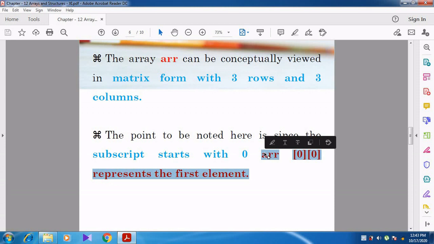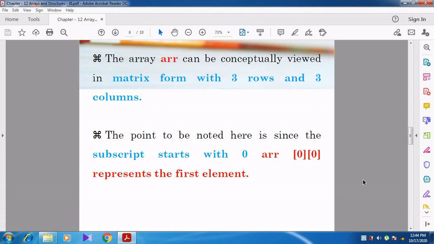A two-dimensional array is always represented by rows and columns. Right? M represents the row, N represents the column. Array subscript always starts with 0. So ARR 0 of 0 represents the first element. Like that ARR 0 of 1 represents the second element, and it goes on based on the array size. Can you understand, students? A two-dimensional array can be represented in the form of a matrix. You might have studied this in mathematics in lower classes.